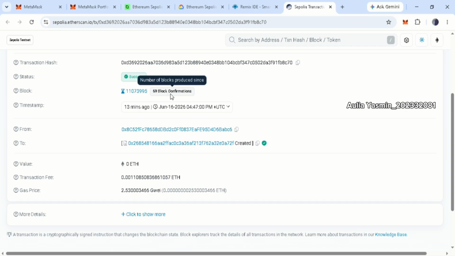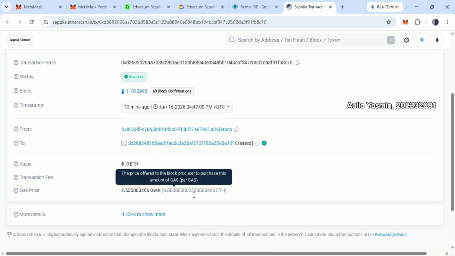So overall, this process shows how a smart contract is deployed and executed using Remix and MetaMask, and how blockchain transactions